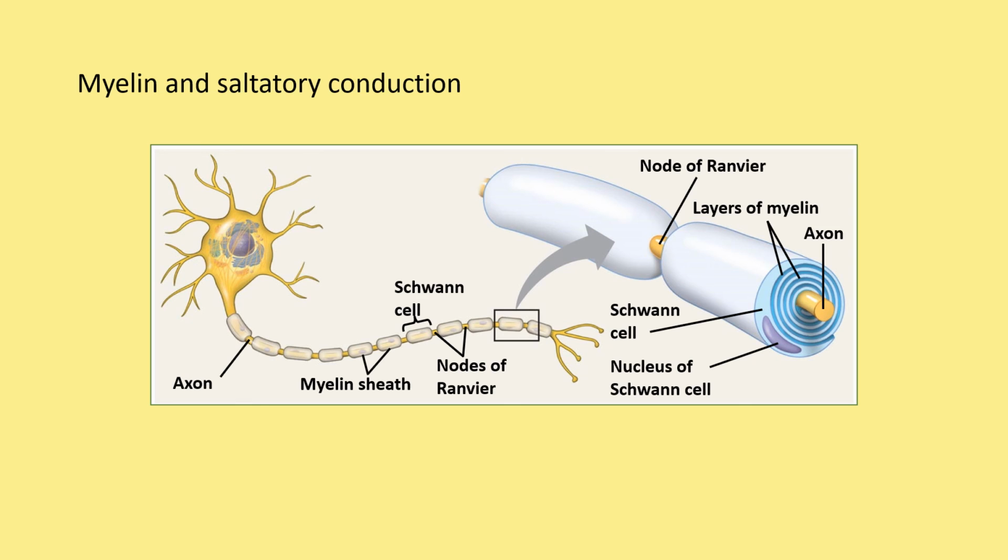And myelin is actually created by a cell that wraps itself almost like a super thin pancake or a crepe around the axon. So looking on the right side of this diagram, we see that yellow axon and we see two myelin sheaths there, those sort of sausage-looking white things. And then we can see the nucleus of that cell called a Schwann cell. So in the peripheral nervous system, myelin is made by a type of glial cell called Schwann cells. And during development, these Schwann cells grow in such a way that they wrap themselves around the